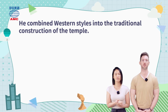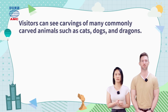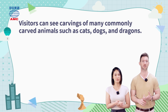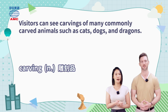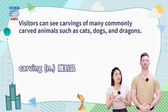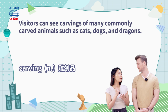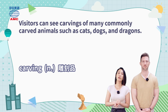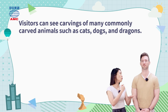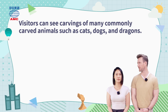Okay. All right, jumping back, our article says visitors can see carvings of many commonly carved animals such as cats, dogs, and dragons. 哇，carving 这个名词是雕刻品。被雕刻的是 carved，C-A-R-V-E-D。所以游客还可以看到很多常见的雕刻动物，猫、狗还有龙都有。